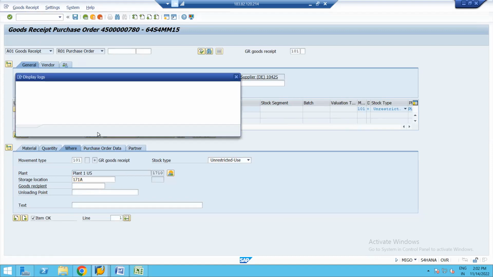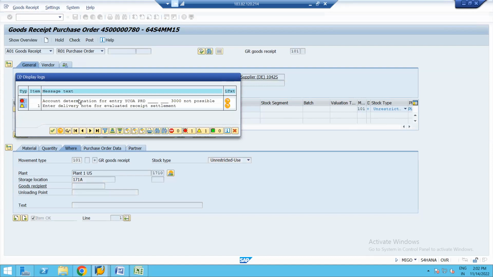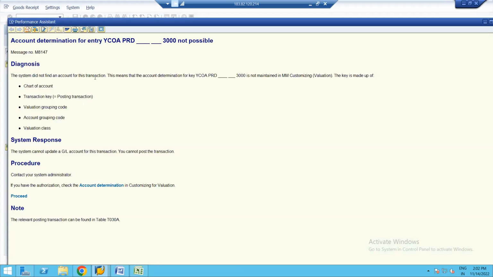अभी देखो पोस्ट करेंगे तो एरर आएगा, ठीक है, ये वाला। अब देखो YCOA PRD 3000 is not maintained in customizing, ठीक है। PRD ओके,